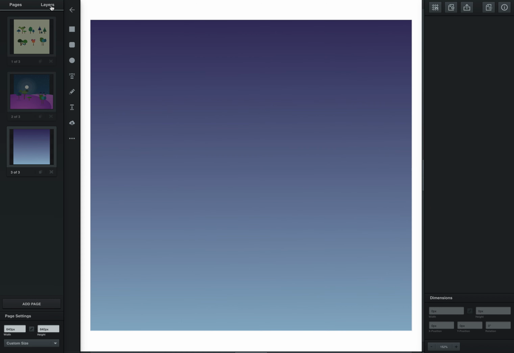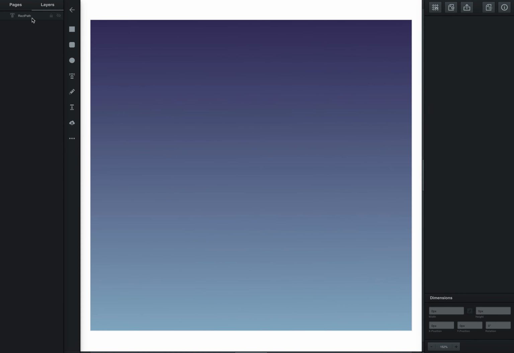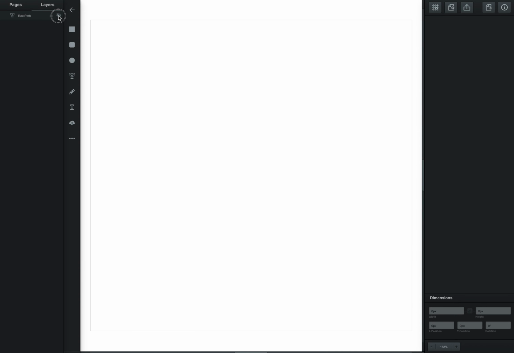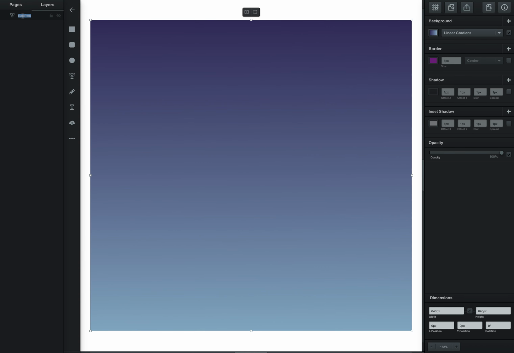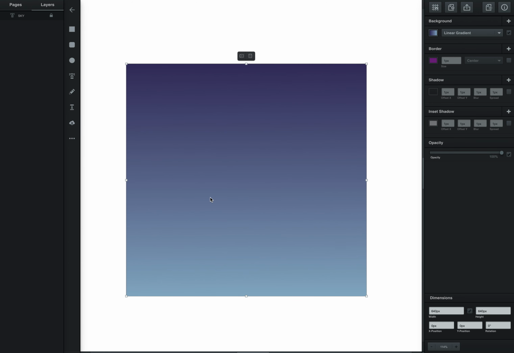I'm going to switch back to my layers tab right here so you can see what I'm doing. That's the rectangular path that I just drew in the background here. Let's name it sky. And I'm going to lock it. And then we're going to add some mountains in. So mountains,